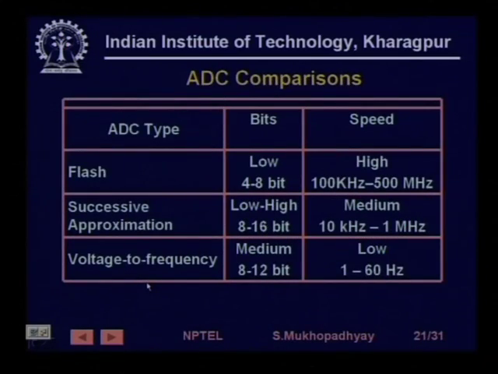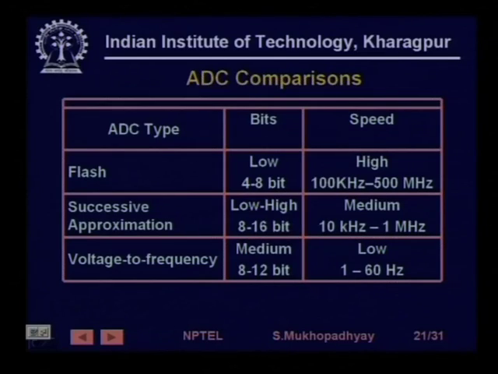If you compare, there are various kinds of converters. We are talking about flash, we saw successive approximation. There are some converters which are called voltage to frequency or integrating converters, which are very slow but very accurate. So, you can have a typical idea about the number of bits. Flash is 4 to 8 bits, typically fewer bits, but very fast conversion. So, you can go up to 500 megahertz kind of